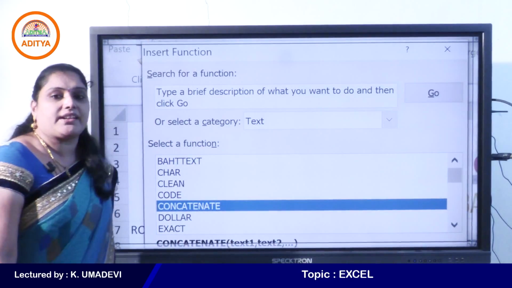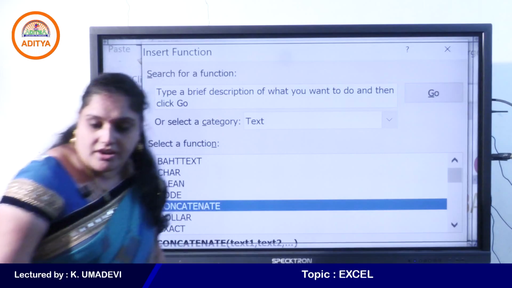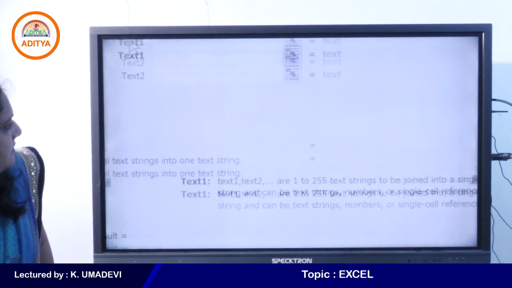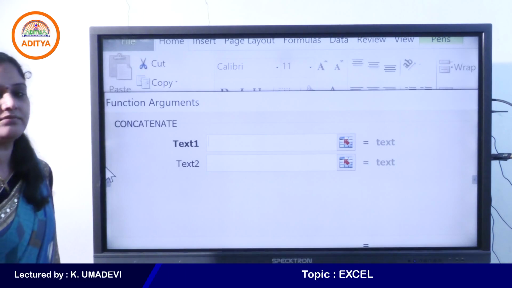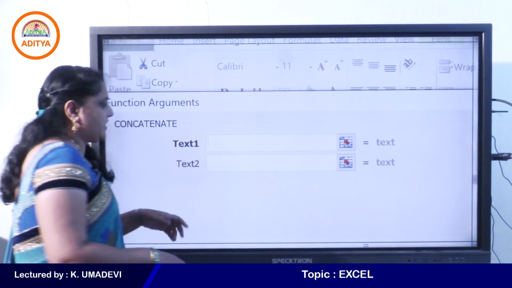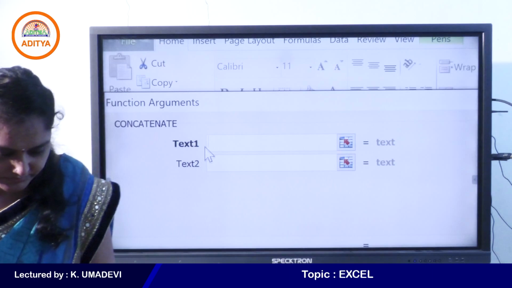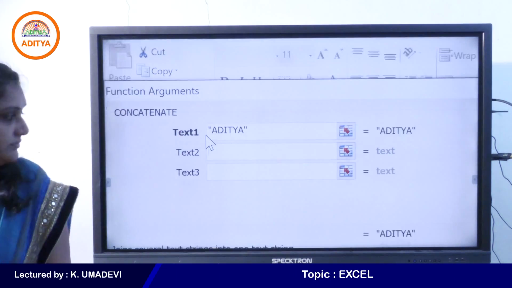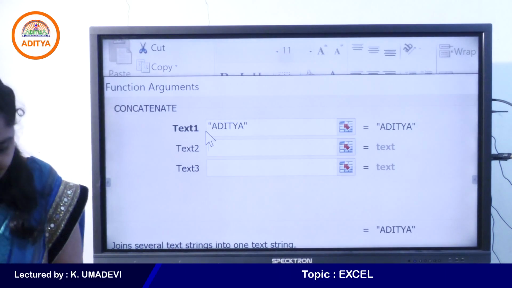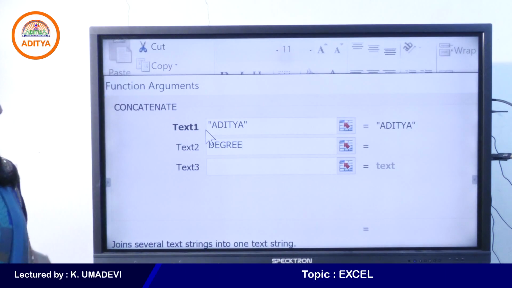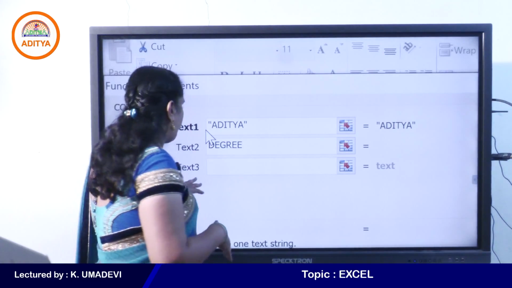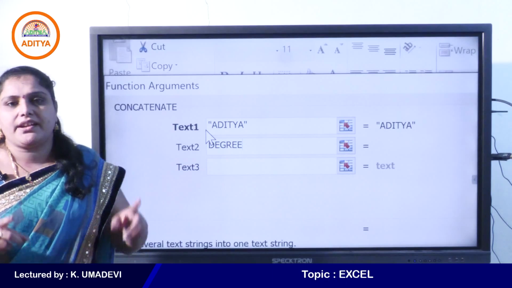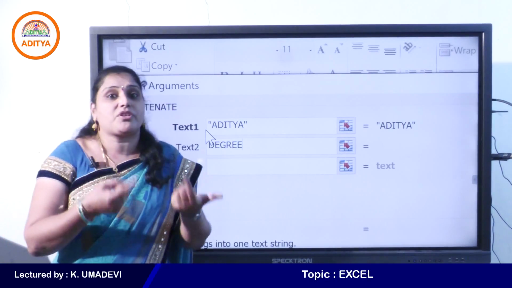Just select concatenate function and then click on OK. Okay. First enter the text one. I'll enter Aditya. And I'll enter degree, and text 3 text box is automatically inserted here, that is concatenate is used to combine two or more strings.